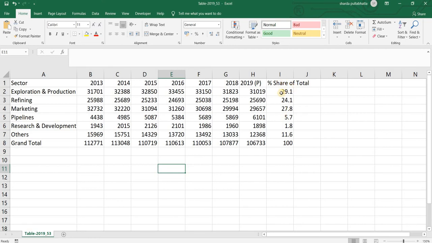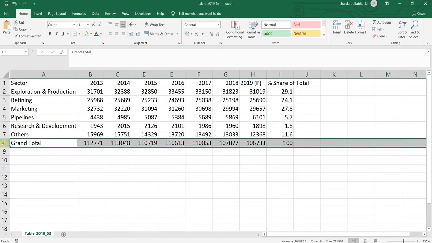So this column doesn't serve any purpose for me while I'm making the bar chart, so I would like to do away with this column. At the same time, this is one row which is not essential for me, or doesn't serve any purpose while making a stacked bar chart, so I would like to do away with this as well. In Excel itself, you can eliminate these rows, but I would prefer to learn how to do it in R as well.